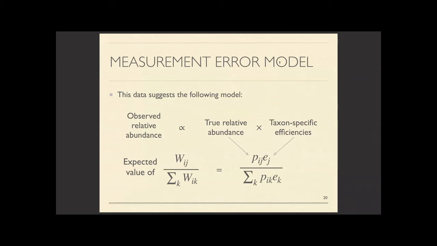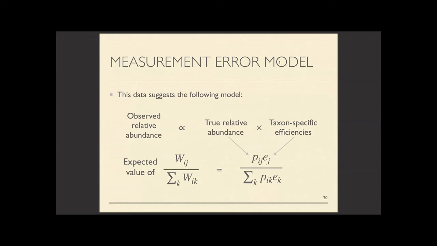Okay, so the next thing that we want to think about is, what does that suggest about the data generation process? What can these figures tell us about the connection between observed relative abundances and true relative abundances, in such a way that may help us understand what is consistent sample to sample, so as to make use of microbial abundance data?